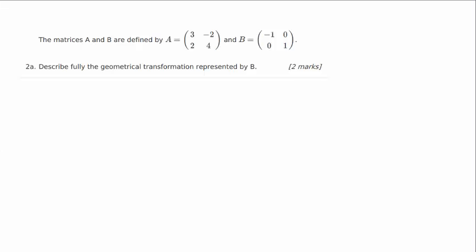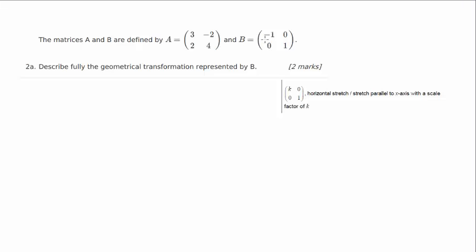This is the second question for the matrix transformations, and we're given matrix A and B. And the first question is asking us to describe fully the geometric transformation represented by B. And again, we would think to look at our formula booklet, and matrix B has this form that it looks like it's a horizontal stretch. And I say it looks like a horizontal stretch in the fact that